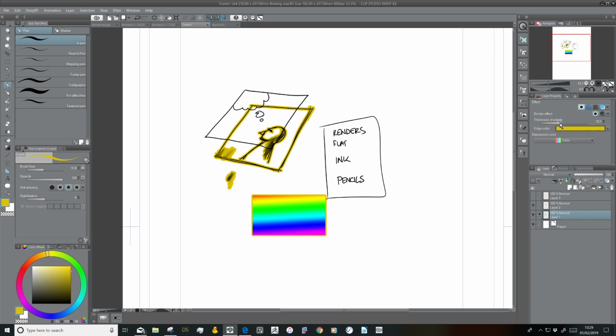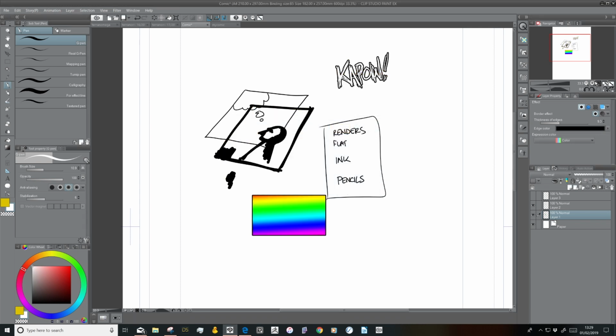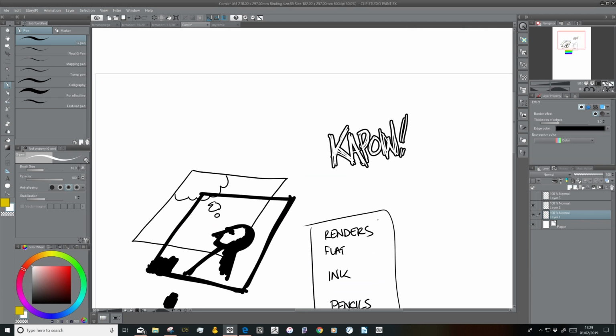But the other area it's quite useful in is if you're doing visual effects or sound effects. I can take a pen tool and I can do kapow like that, and you can see that instantly is a really nice visual effect just using the outline. And on top of artwork, that is very readable. If I make that black, you can see that looks even better there. So that's a super fast way of doing a special effect. All I've done is select a white drawing pen and just draw very simply